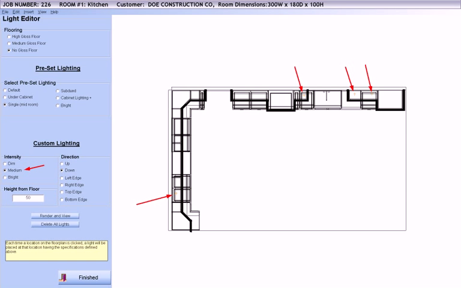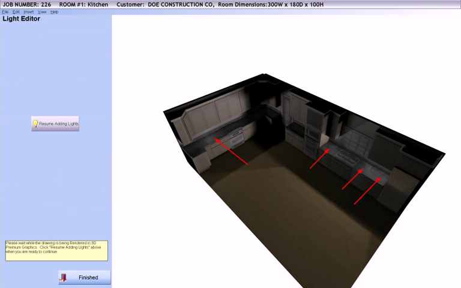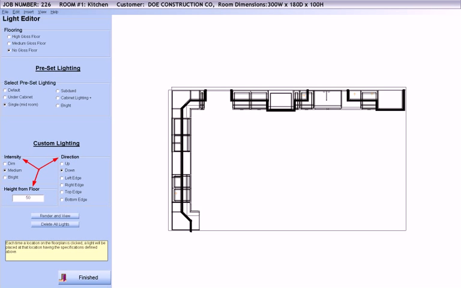Here, I have changed the intensity to medium and then clicked 4 points on our floor plan, which placed 1 light at each of the 4 points. When we preview our floor plan by clicking the Render and View button, we can see the effect of our 4 custom lights. If we want to change our settings for a different kind of light, the lights that were already placed will remain as they were defined,